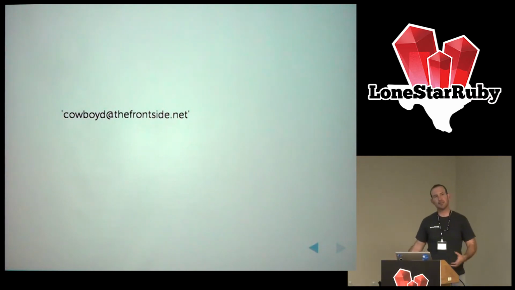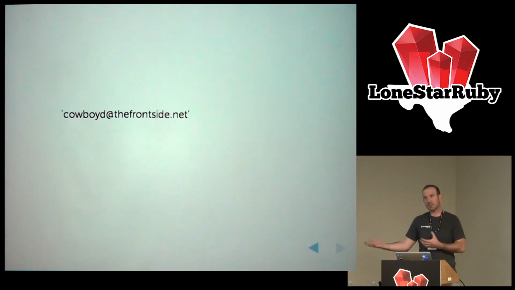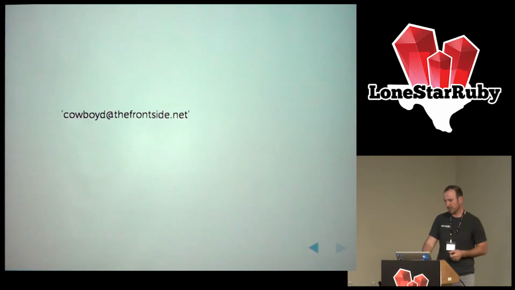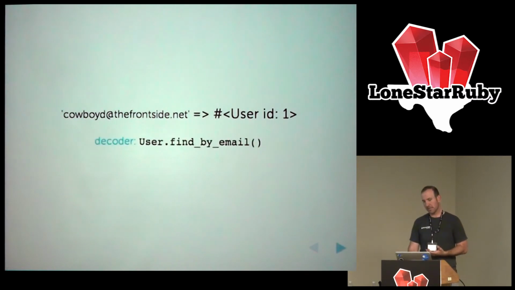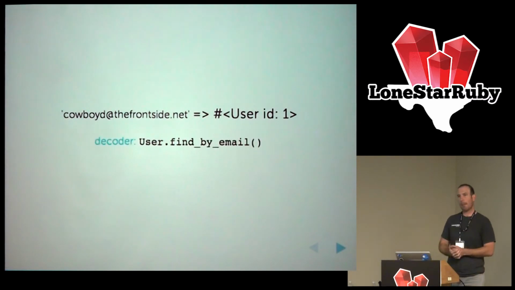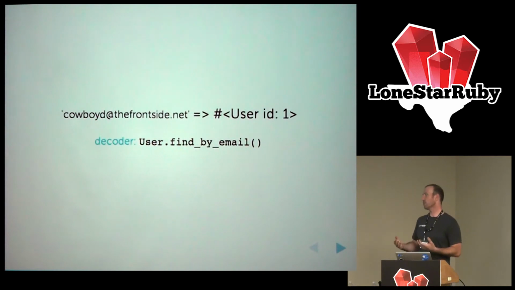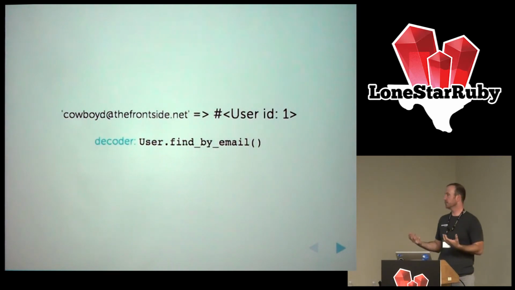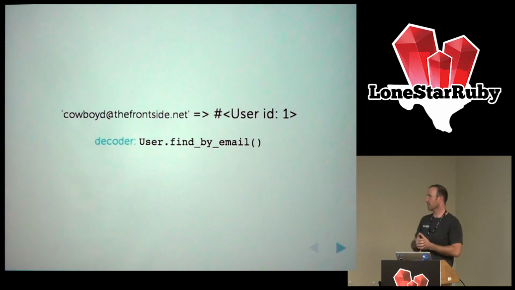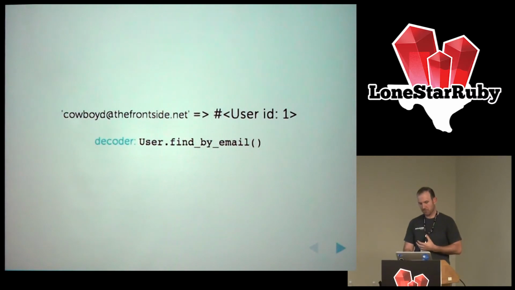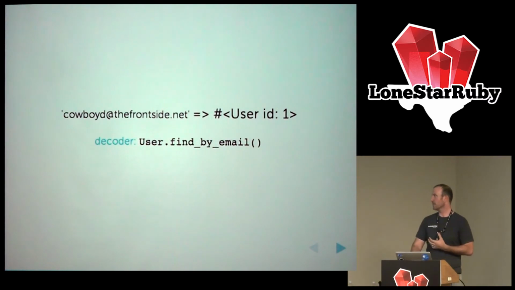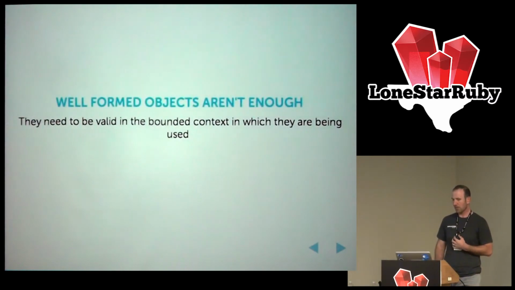To do another case, we might have my email address, right? But what do I really want? I don't want my email address, even if it's a primary key that uniquely identifies me in the system. What I really might want is an active record. And so the decoder for that would be defined by email. And I would argue that before you even start to take any action that depends on having the user, you should decode it and not be invoking that by hand.